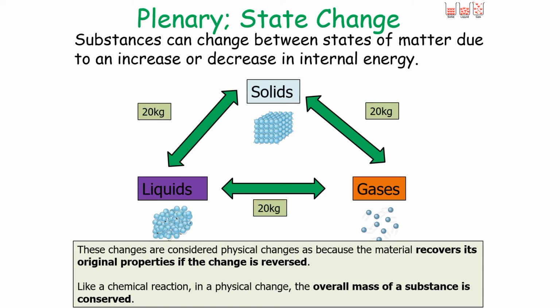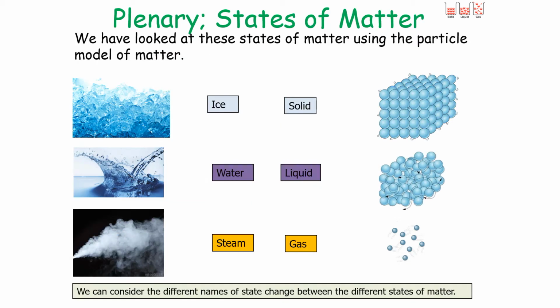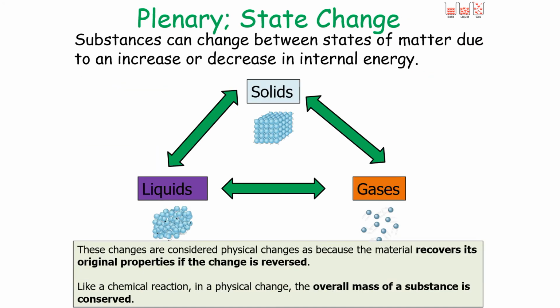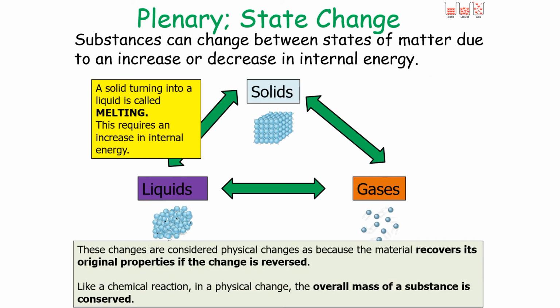So if you have 20 kilograms of a solid, it will turn into 20 kilograms of a liquid, which will turn to 20 kilograms of a gas. So we need to know the different names of the state changes between the different states of matter. So if we've got our solids, liquids and gases, a solid going into a liquid is called melting, which requires